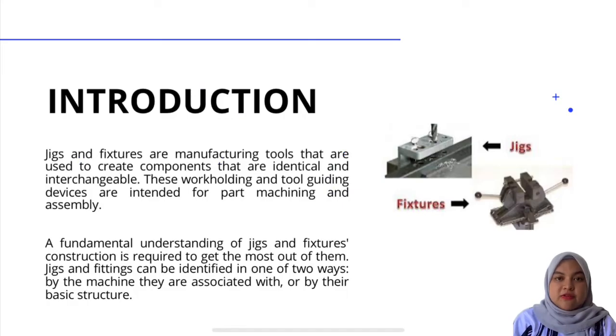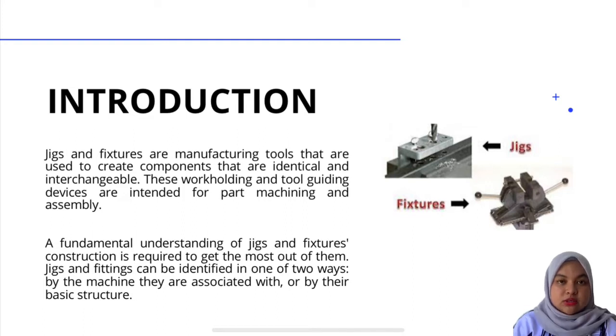Jigs and fixtures are manufacturing tools that are used to create components that are identical. These work holding and tool guide devices are intended for part machining and assembly. A fundamental understanding of jigs and fixtures construction is required to get the most out of them. Jigs and fixtures can be identified in one of two ways: by the machine they are associated with or by